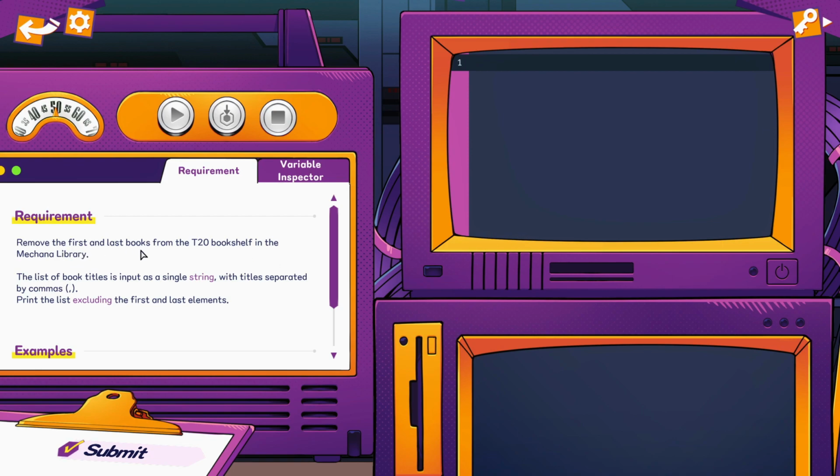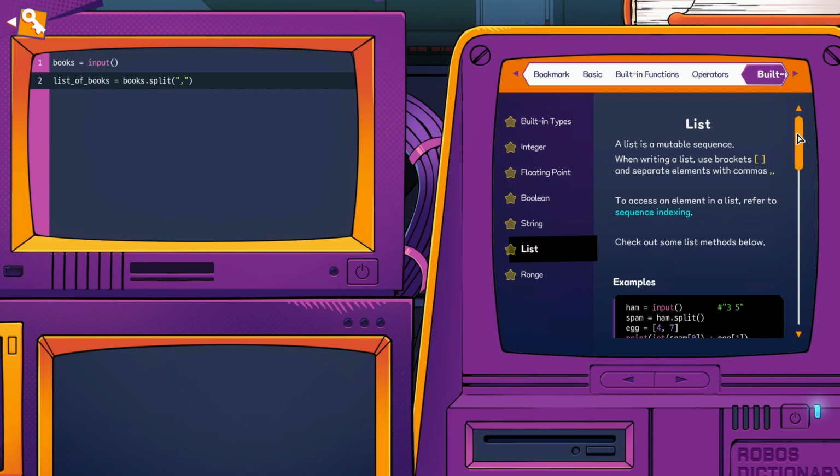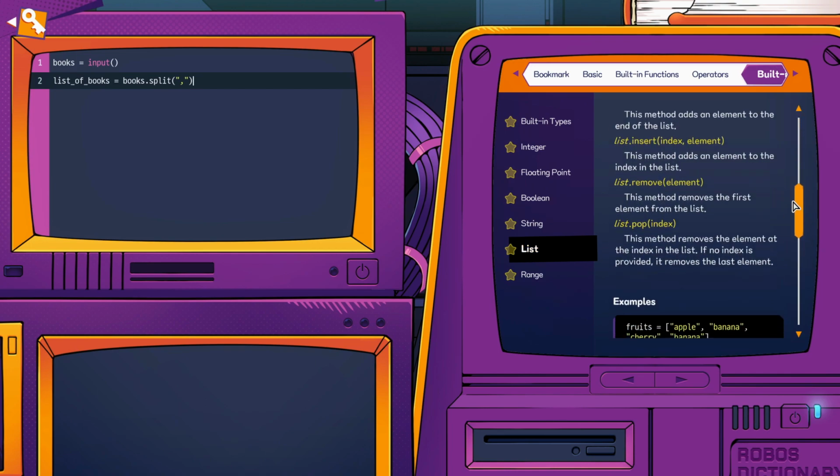Remove the first and the last book of the bookshelf. Alright, so this. Then there is a remove. Okay, you can remove an element, but this method removes the first element from the list. Alright, so